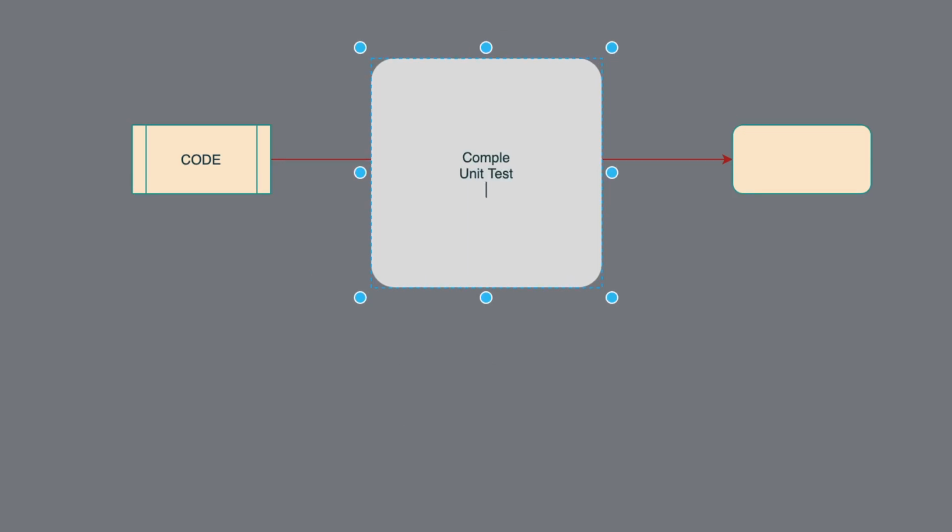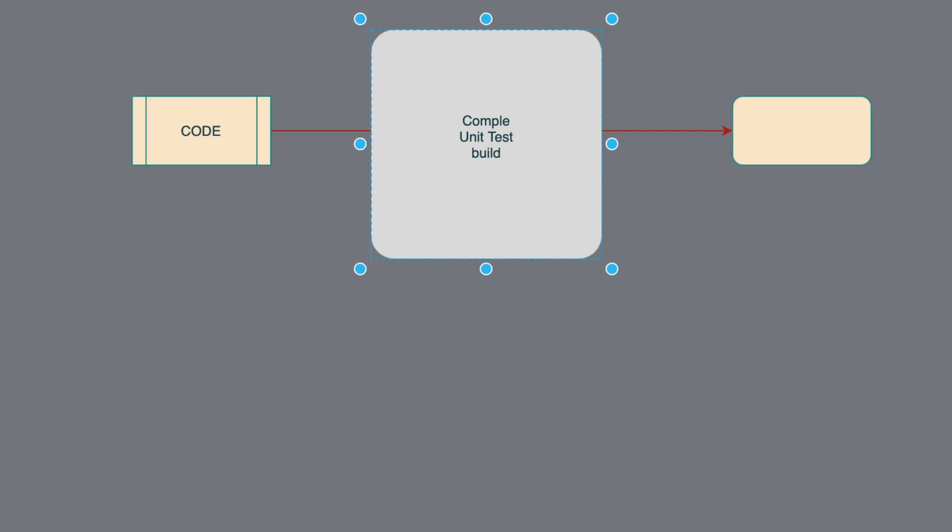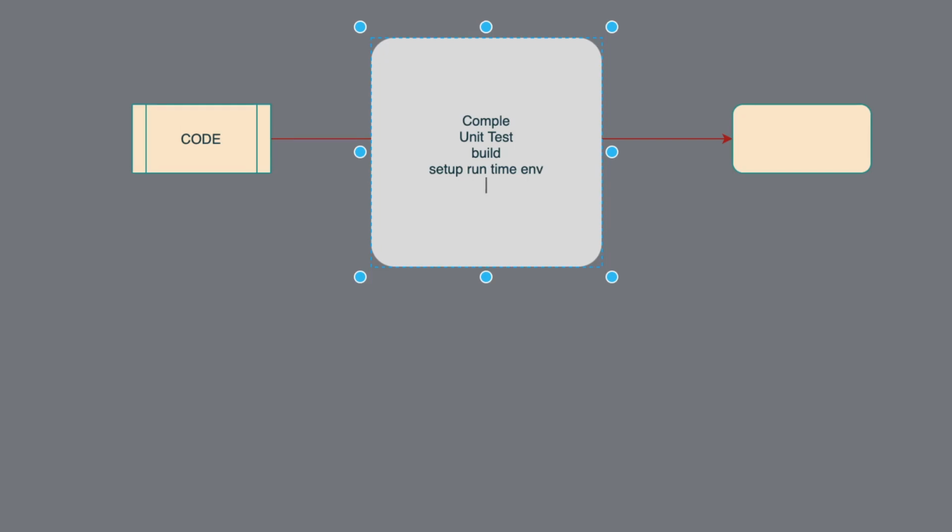Make sure that some number of tests are executed inside the code. Then after the test is completed, you want to do some building, you want to create some executable files such as jar files, based on the technology that you are using. You want to create some executable file, then you want to set up a runtime environment. Basically, in order to run a Java application you need Java, in order to run a Python application you need Python. So you need to set up some environment settings first, and then you make the app ready to run, and maybe you want to run it once